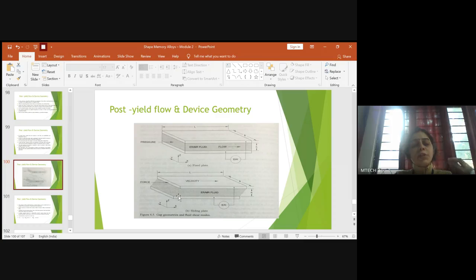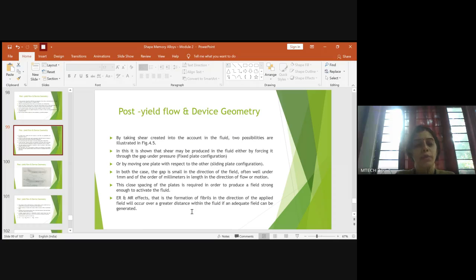So the amount of ER effect that you need will not be achieved. If you want to achieve a good ER effect, yeah, MR effect, you should subject it to the required electrical field, yeah, magnetic field, so that the required viscousness is achieved, and as a result of viscousness, it helps you to provide an enhanced ER effect, yeah, MR effect, so that this fluid could be used as a smart fluid in any devices which are required. So this is about